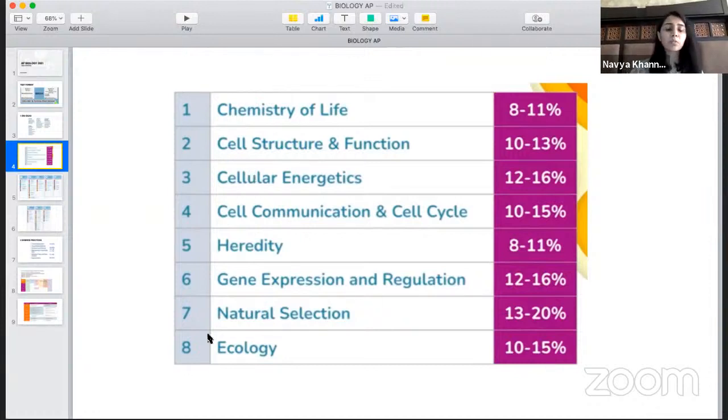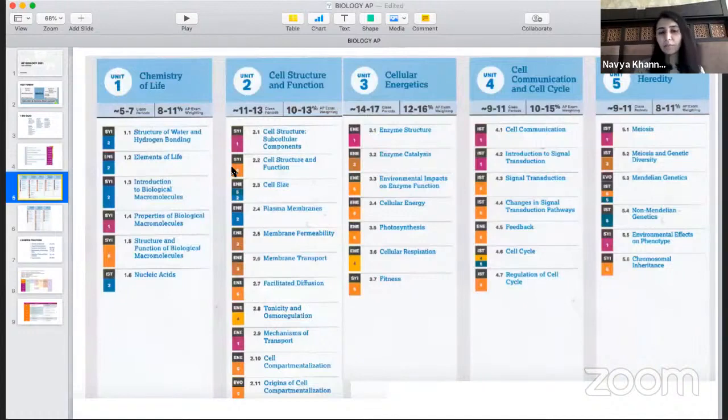Now let's get into what these 8 units really talk about. What do we need to study under chemistry of life? And this is all given, and I'll walk you through the College Board website as well, but all of this is given there, and you can get access to this. It's a 200-page document that has detailed information about what you need to study and in how much detail. And what you can also do in that document is use Command F or Control F, the find function. If you're confused, say, if you want to know if photosynthesis is going to be part of your syllabus or not, you can just type photosynthesis and it will show you wherever they've mentioned it,